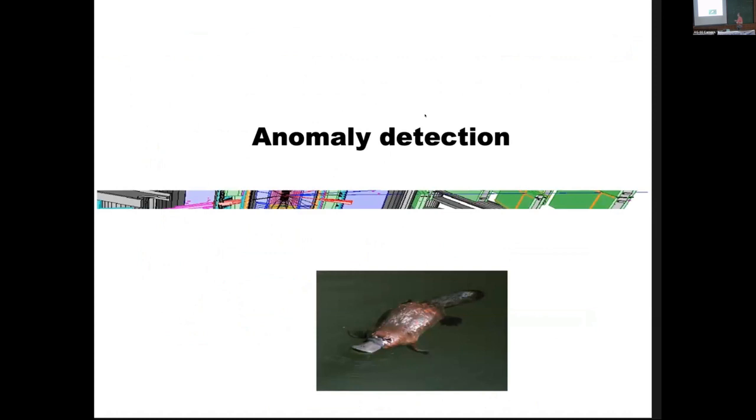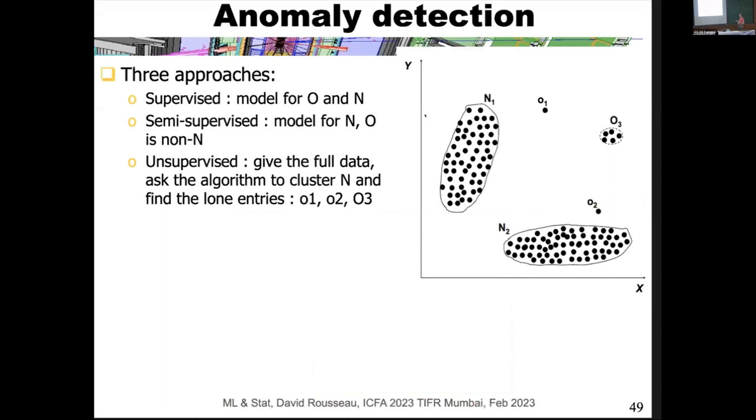Anomaly detection. So, okay, imagine you are in the 18th century, you arrive in Australia and you see this kind of thing, and you would not believe it is something which exists, because it's some kind of mammal with a duck bill, which lays eggs. So this is related to what a number of people are doing in physics.